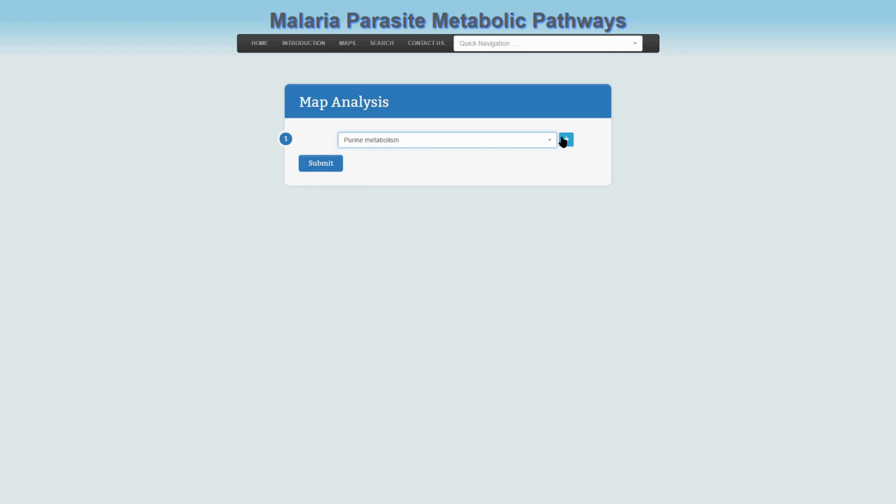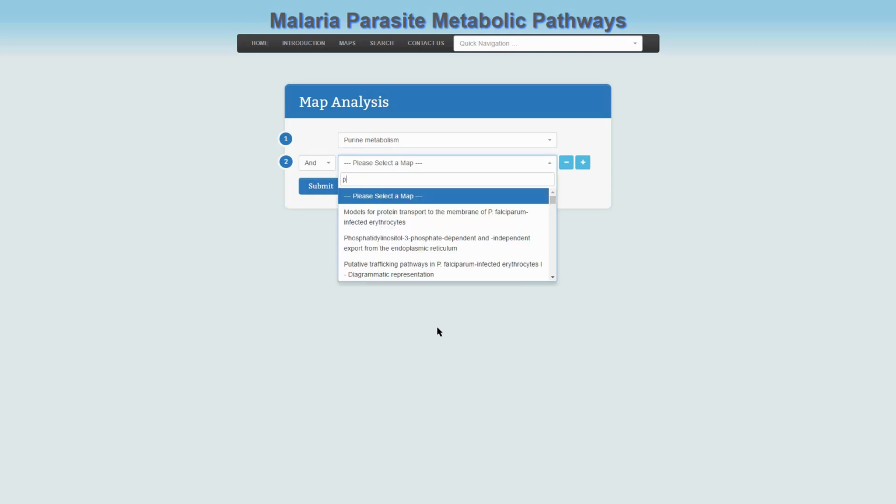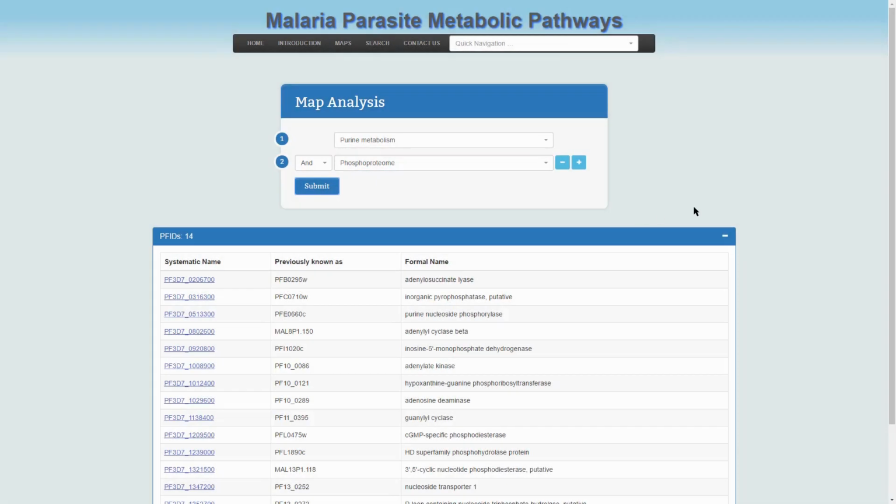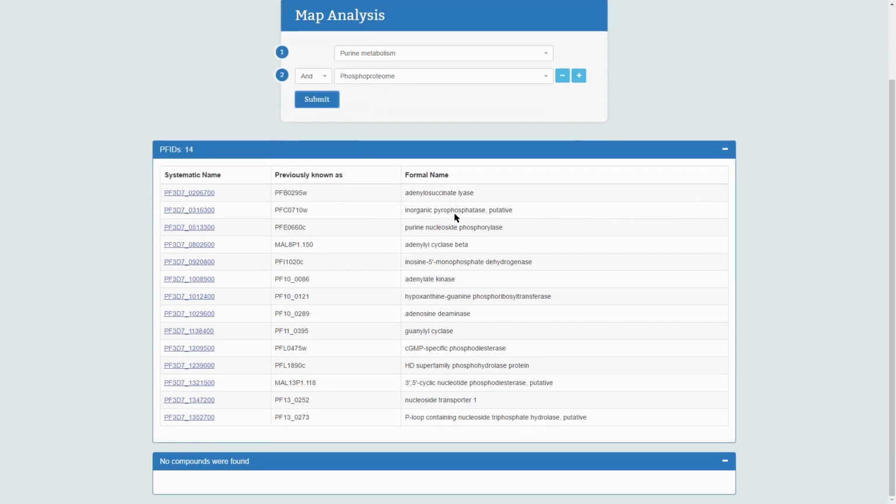So we add here, and here we write phospho, and we submit. And you see all these enzymes are essentially phosphorylated, which means that this metabolic pathway, purine metabolism, is under quite a heavy control of